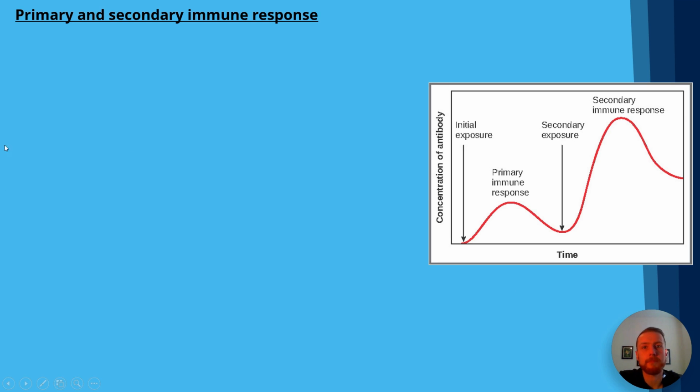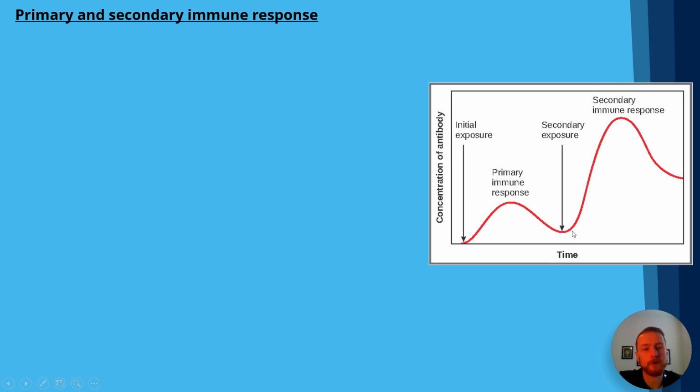So here's a graph showing the primary and secondary immune response, and we can see we've got concentration of antibody on the y-axis and time on the x-axis. Now, you've got your initial exposure at the beginning, and we have a slow and steady increase in antibody concentration, which takes a relatively long amount of time, and it doesn't reach a massively high peak concentration. Now, after the initial exposure, the antibody concentration falls as time increases, and then